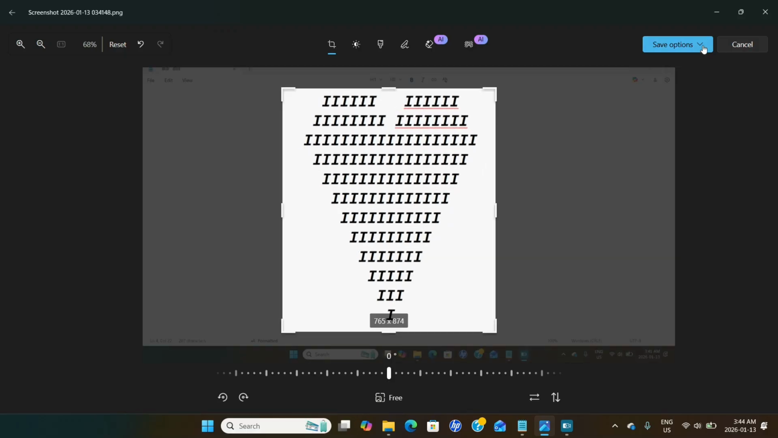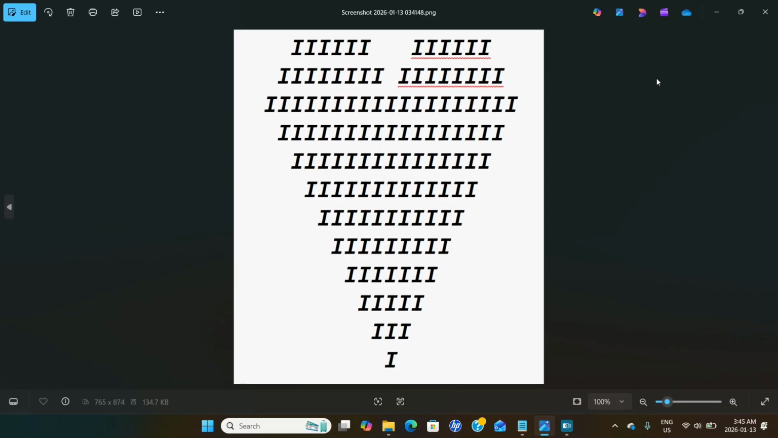Now to save it, you have different save options. Under save options, we have save as copy, save, and copy to clipboard. So you can either save it as a copy, which will save this as well as the original screenshot, or you can click save, which will save just this one and overwrite the screenshot. So I'm going to click save. And this is what it looks like. So I'm going to close this